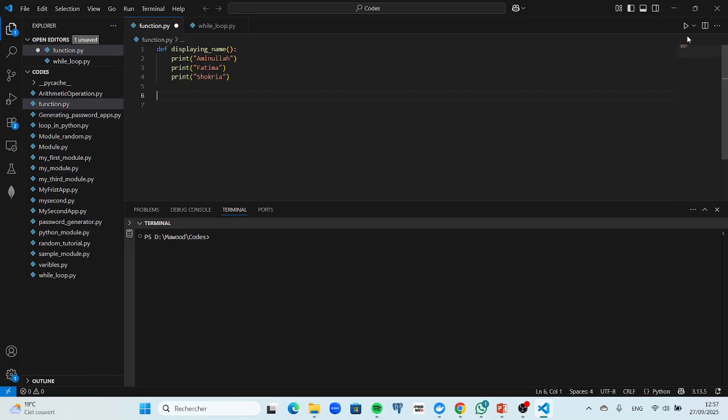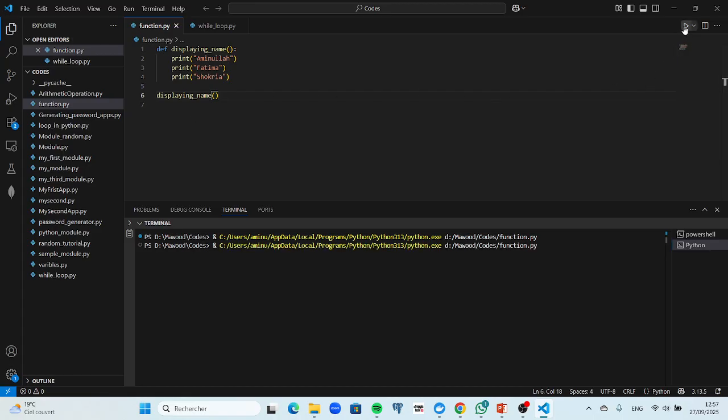Now if I want to run my code, as you can see, nothing happens. My code is not executed. That's because we didn't call the function. Now in order to run my code I need to call my function. You can see the result: Aminullah, Fatima and Shukriya. This is how you create a function. Alright,